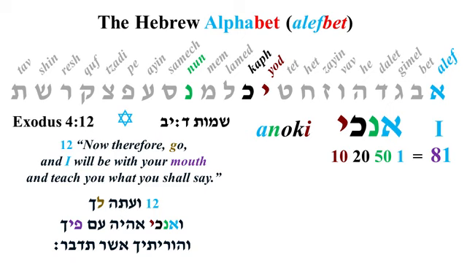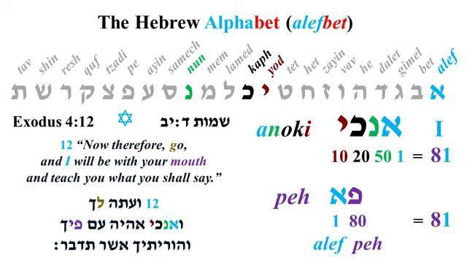Interesting, because the word pay, the letter pay, adds up to 81. It's a pay and an aleph. And God is saying, I, 81, will be your pay, your mouth. The 81 is showing that God will be in Moses' mouth. Very nice. Psalm 81:10